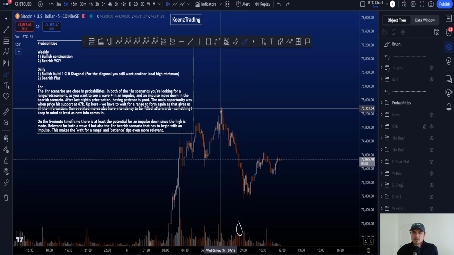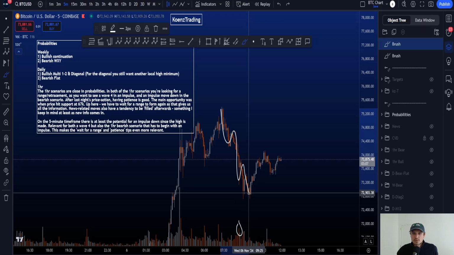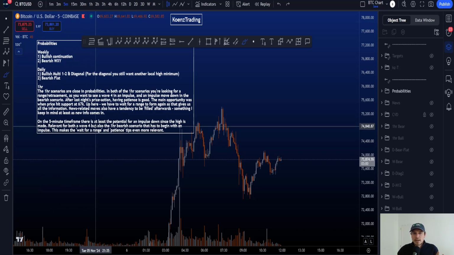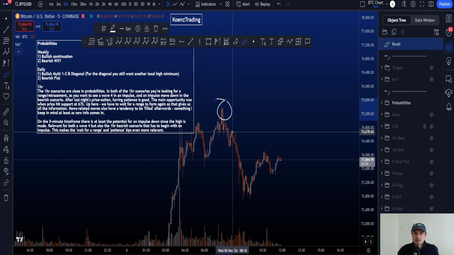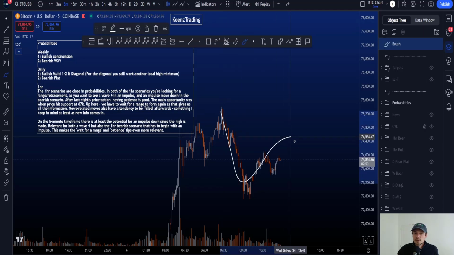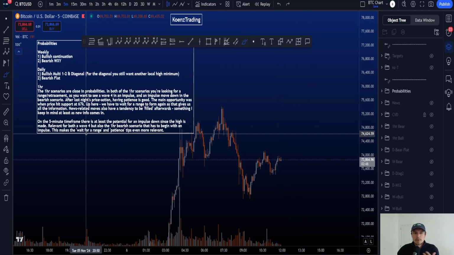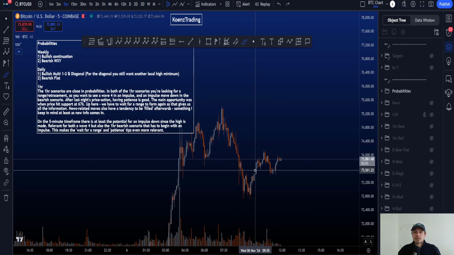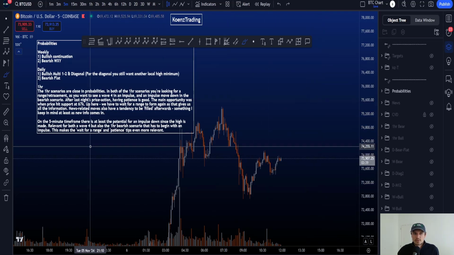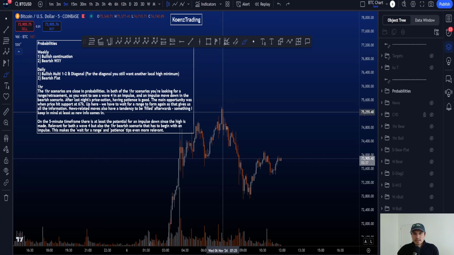So there's definitely the potential to count this as a 1, 2, 3, 4, 5 wave structure, meaning an impulse, right? So what I write here is on a 5-minute time frame, there is at least the potential for an impulse down since the high was made over here, which is relevant for both a wave 4 because you can look for a zigzag family structure like an ABC, but also, of course, it is relevant for the 1-hour bearish scenario where you're looking for a bigger wave C to the downside, where this is then a wave 1, you look for 2 and eventually a 3 to the downside. So basically, this move down